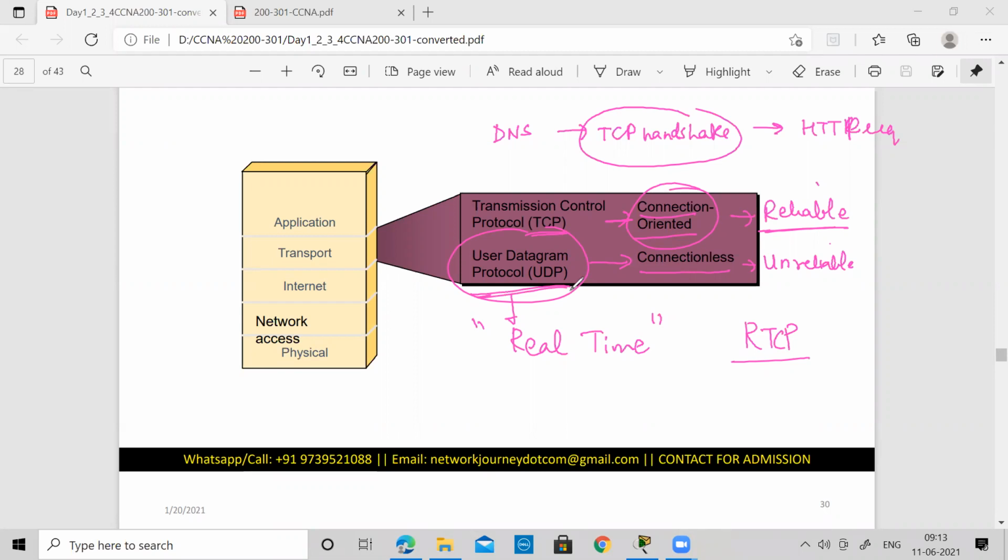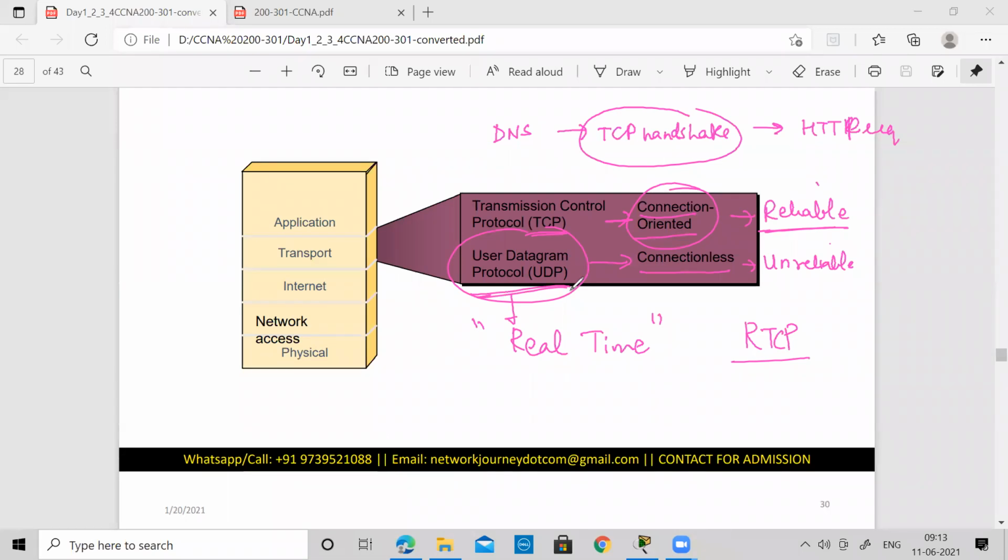When you see TCP, it will check for everything: your sequencing, acknowledgement. It will wait until every packet is received. It will wait for all the segments to come up to the transport layer, then make an assembly of it, and then hand it over to the upper layer. So it is not going to directly give it to the upper layer.